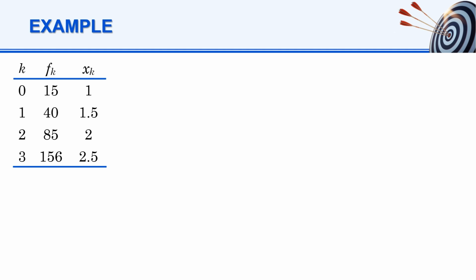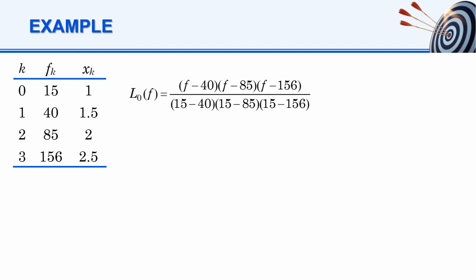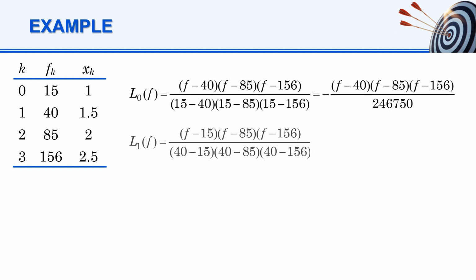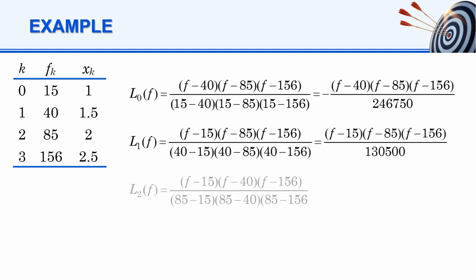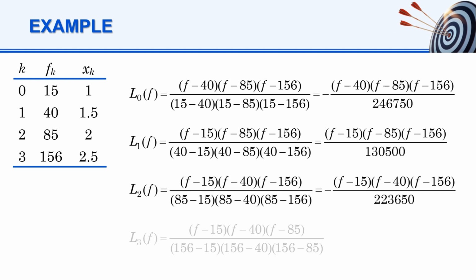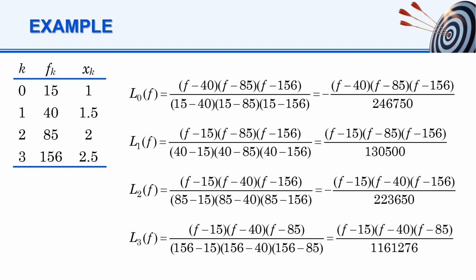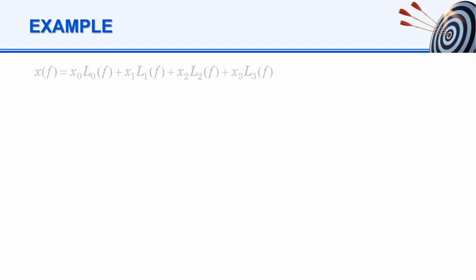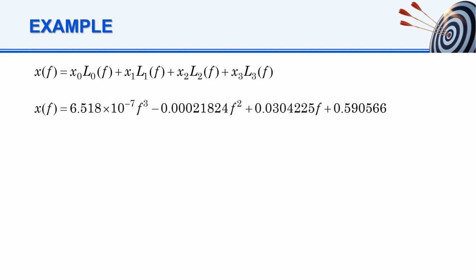We will adopt the Lagrange interpolation method as it allows a higher degree of fit. The Lagrange basis polynomials are obtained as follows. Once the Lagrange polynomials are found, we can construct the Lagrange interpolating polynomial as follows. Substituting the basis polynomials, along with the numerical values of the abscissas, and expanding, we obtain the simplified third-degree interpolating polynomial as follows. For f equals 100, we obtain